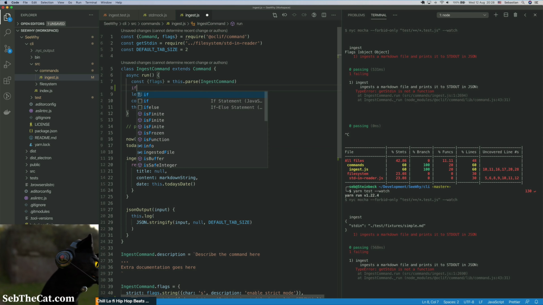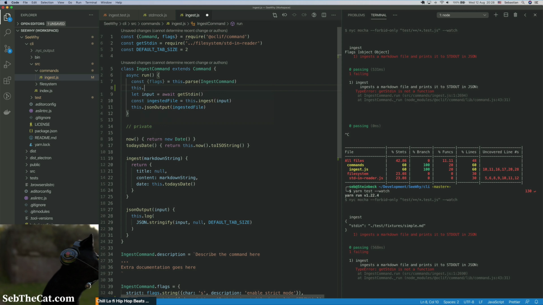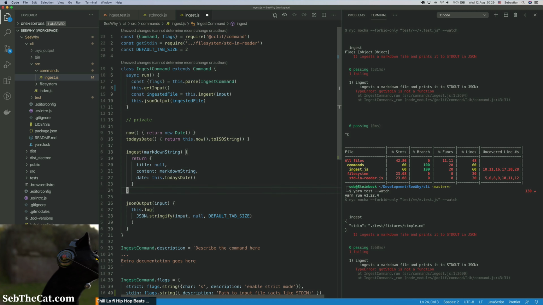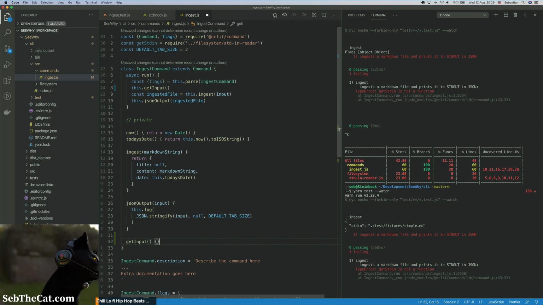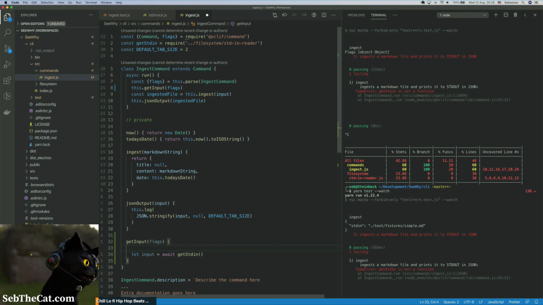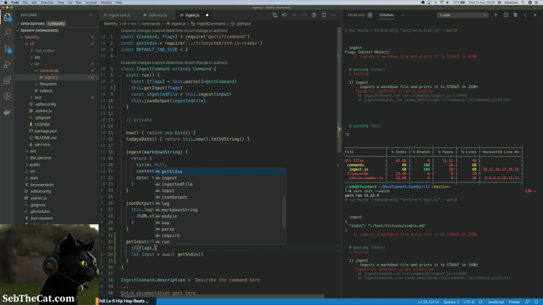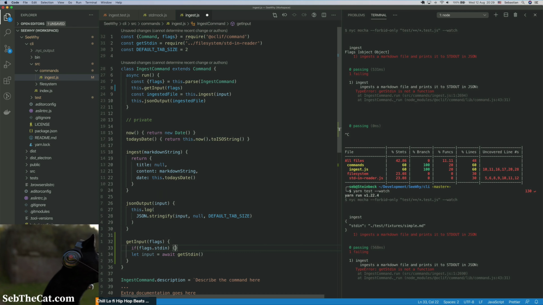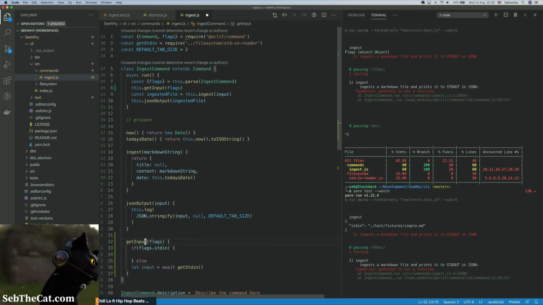So what we say is, let's say this dot get standard in, right? Or get input. Okay, and then we're going to move this down here and call this get input, but there's going to be like a branch, right? So we'll pass the flags in, and that will be flags. And so we can say if flags dot standard in, right? Then do this, otherwise, and what we'll do is we'll say let input up here,